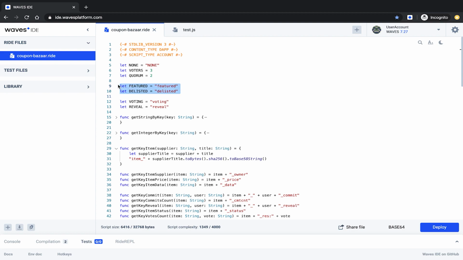So I define these two variables here, featured and delisted, just as plain text. Also, we expect that for every item, we will accept up to 3 votes, and 2 of those 3 votes should reach a quorum, should reach a consensus. So we should get 2 votes featured or 2 votes delisted, and then we will have the final result for